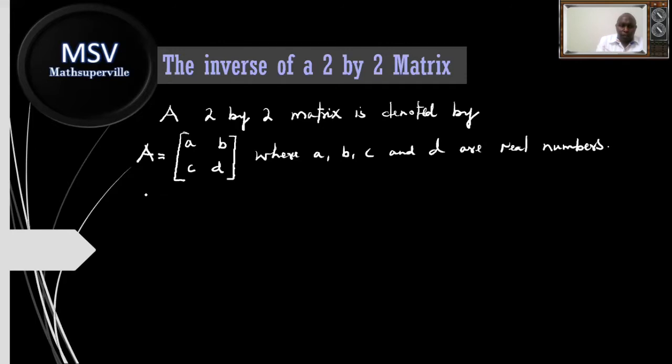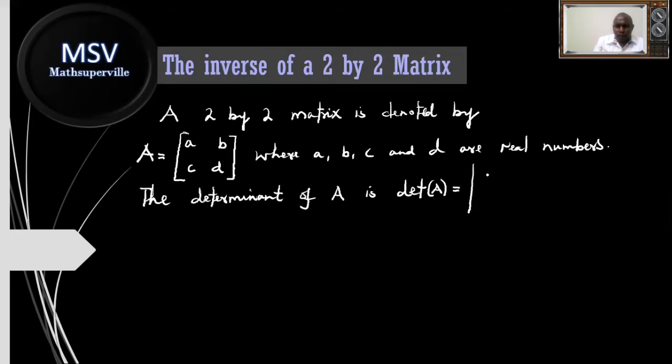The determinant of this matrix was discussed in another video. So the determinant of A, we denoted it with the notation det A, and this is equal to, you put the elements within two vertical bars. So this is the notation for the intent to find the determinant, and then next is to multiply out the